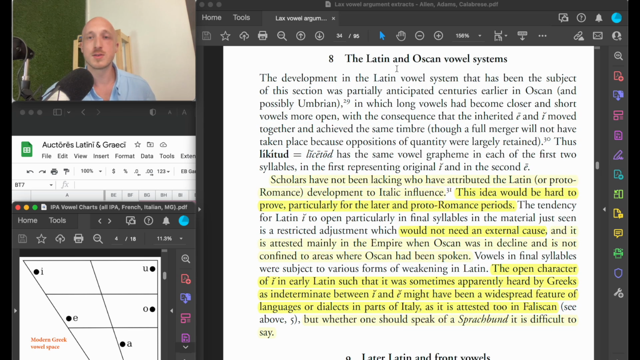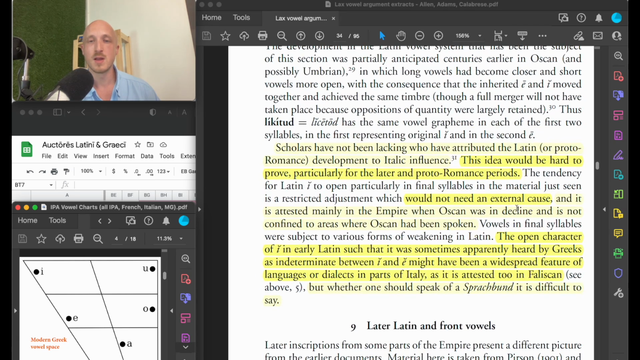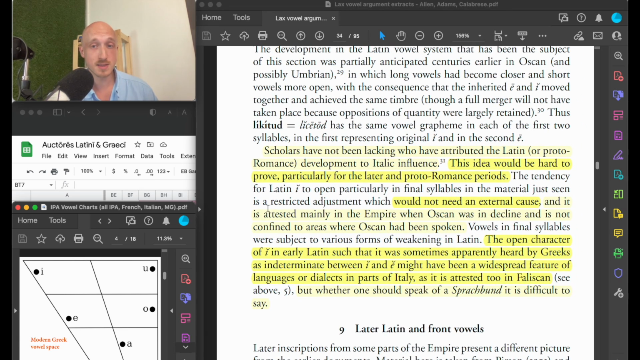Greek. Okay, Latin and Oscan vowel systems. Scholars have not been lacking who have attributed the Latin or Proto-Romance development to Italic influence, so non-Latin influence, in Italy. This idea will be hard to prove, particularly for later in Proto-Romance periods. So this is a fascinating idea that